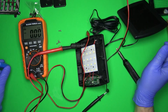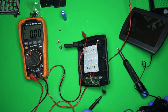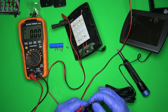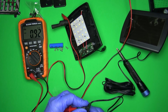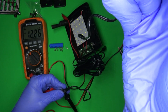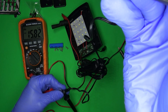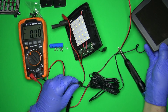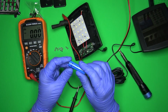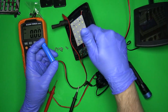Now, that's the question. Will this fully charge this battery? So again, I'm not out in the sun, but if we take a look at this, and yeah, it's 413, 415. It's gaining 60. Let's be nice, and we'll say 20 milliamps. So it would take about 12 hours at 20 milliamps to charge this battery, providing all things perfect. There's no shade over this, that there's no other type of draw, because when this thing's turned on,